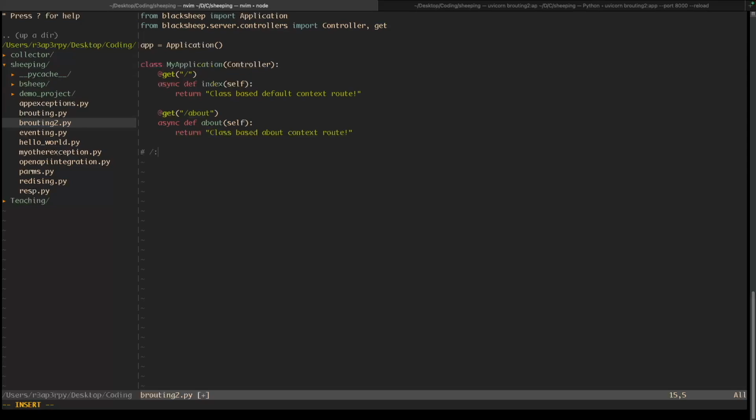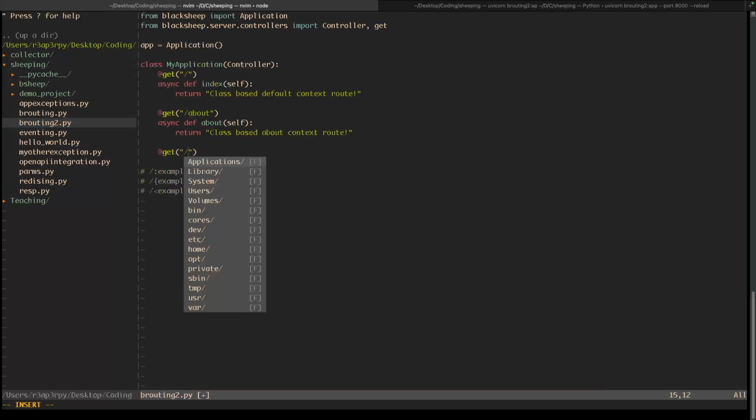So we can have one with the colon, one with the curly braces, and one with these signs. Yeah, this is the angle brackets, curly brackets, and the colon based definition. So let's create the get function angle,